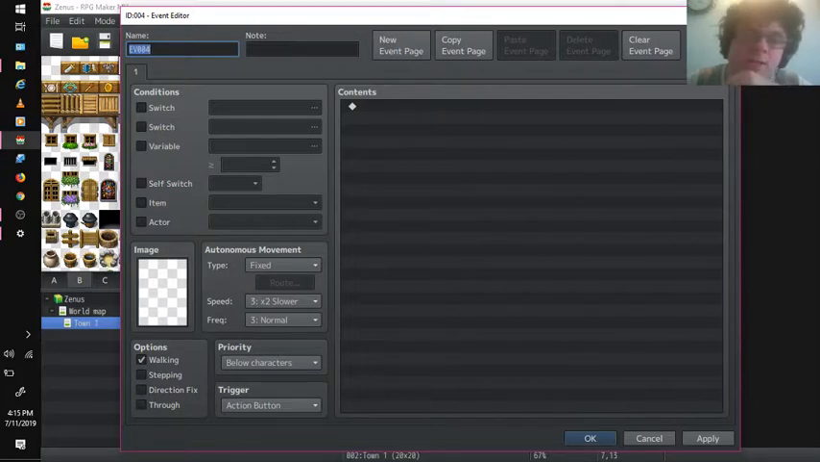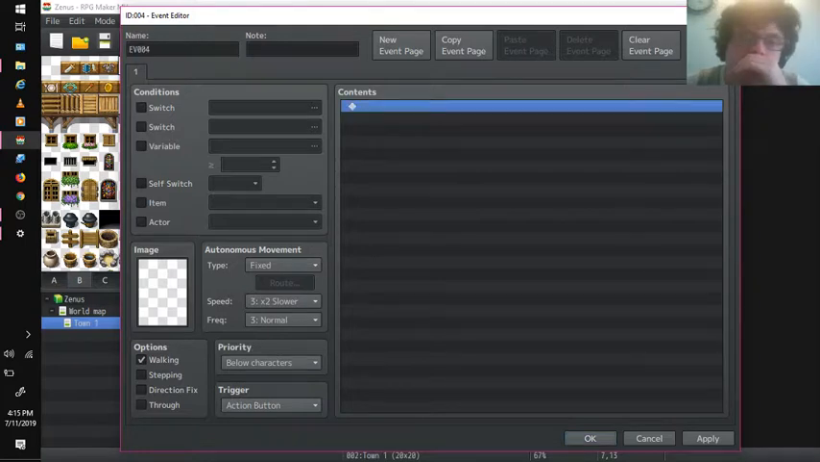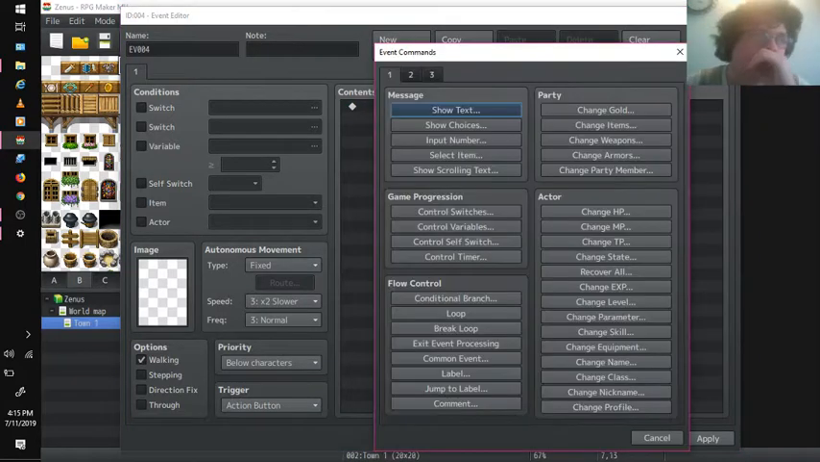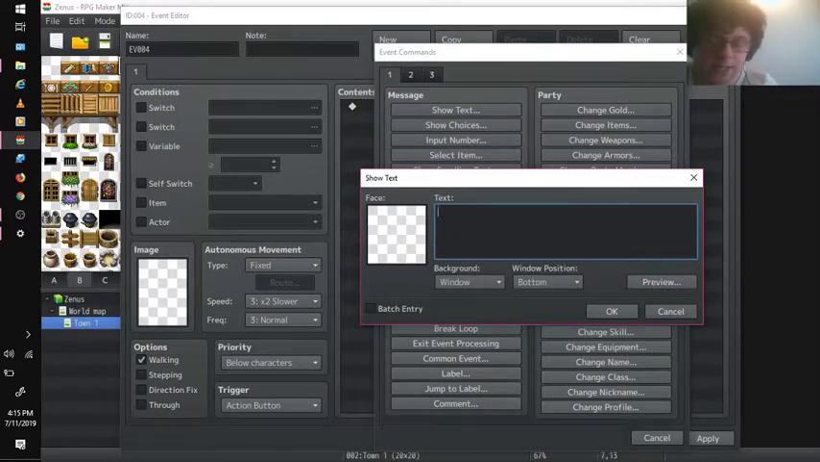Now, in here is our event editor. You can see that we have a lot of these contents here. Now you can have it show text. So we want these characters to show some text. So let's just say that we're going to kind of lead them over to the dungeon. The tower,